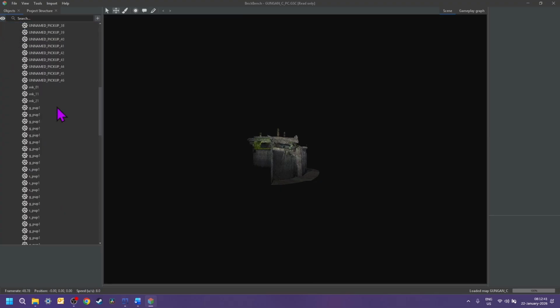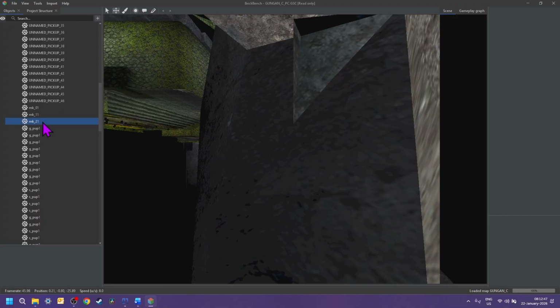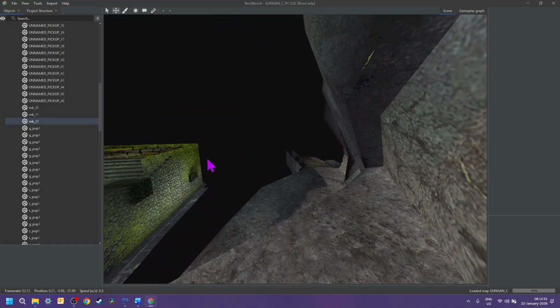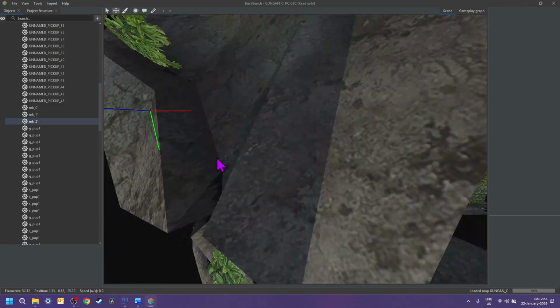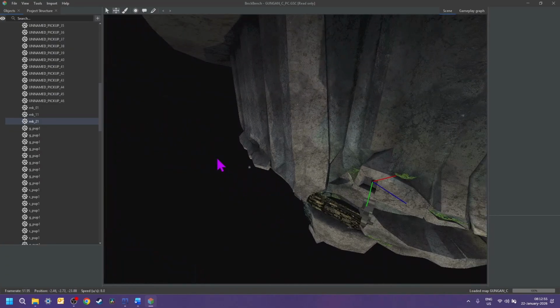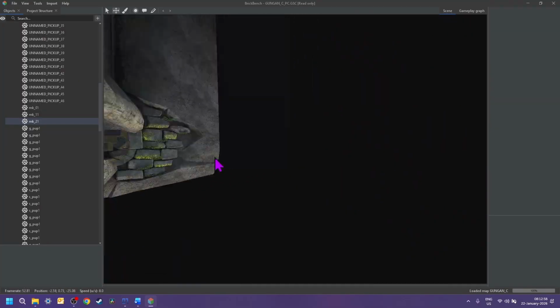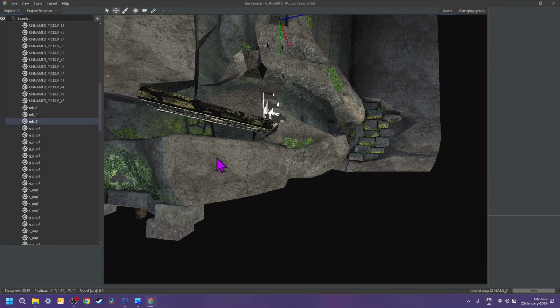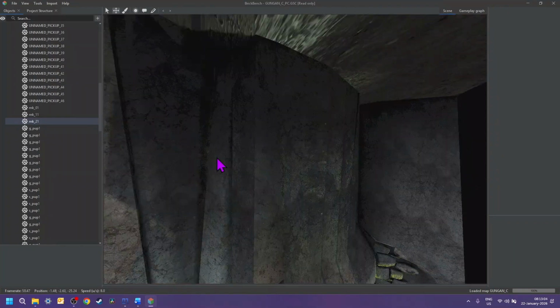Because if you go to, let's go to this one, and then where's this one? Oh, upside down.